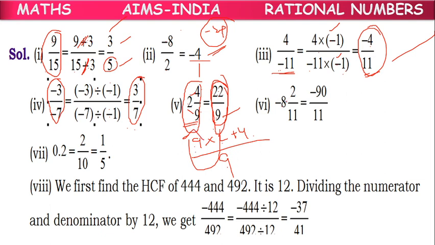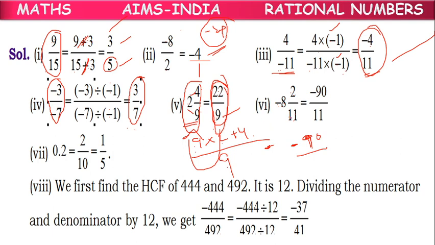-8 2 by 11. Don't take minus here. Don't consider minus, children. 11 8 times 88 plus 2, 90. After multiplying and adding, we have to take the minus symbol. Before that we should not take the minus symbol.